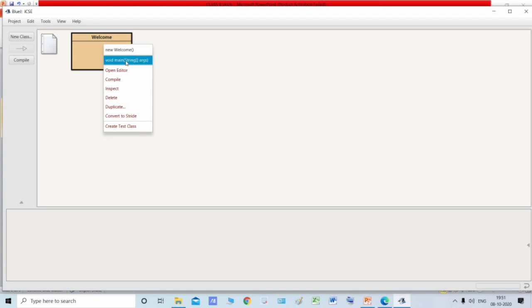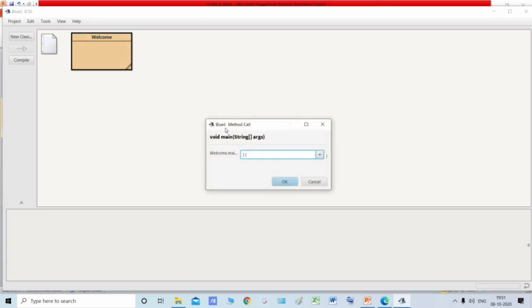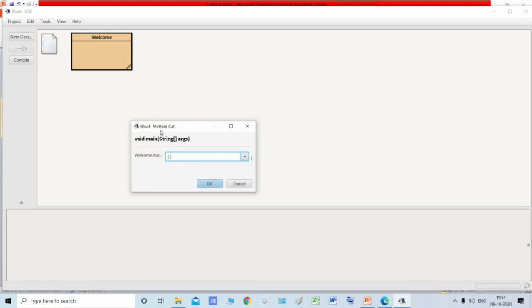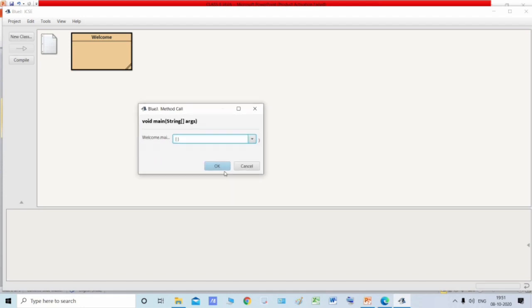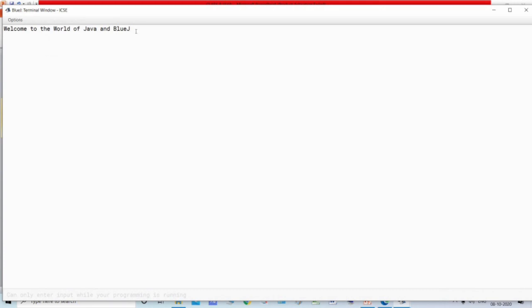Just click on this void main string args, and you will be redirected to this dialog box, BlueJ method call. Then we need to click on the OK button. As soon as we click on the OK button, see, this is my output. This is the BlueJ terminal window which shows me the output of this particular program. Okay students, I hope it is clear.